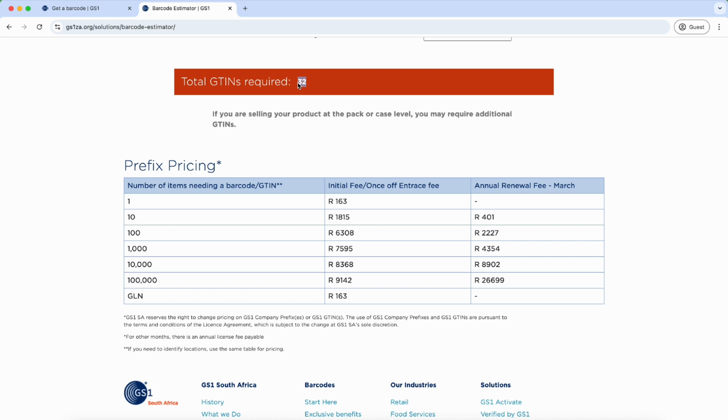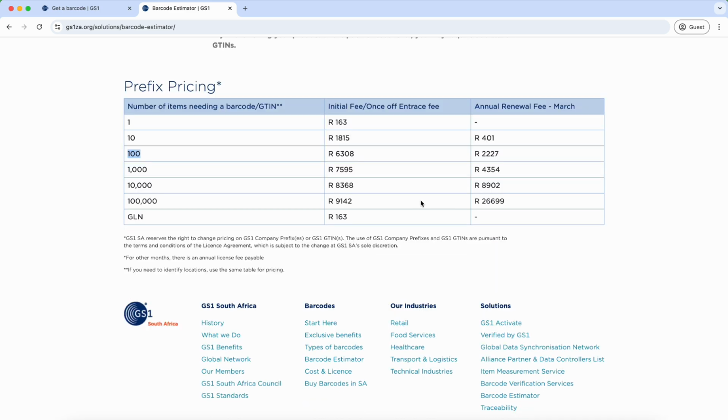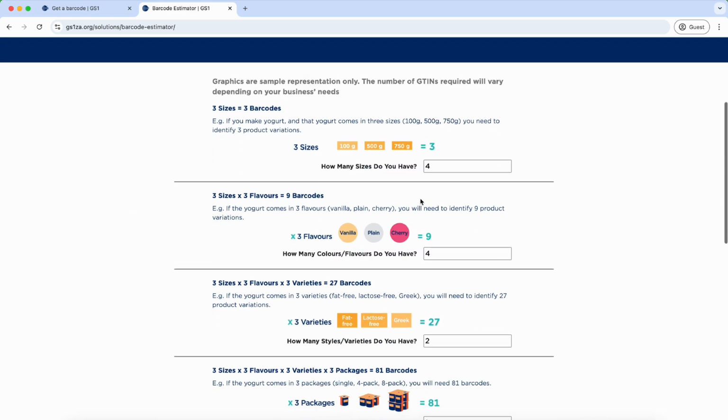You just don't have to buy again and again. So yeah, it's easy, but it also depends on you. In my case, I'm just willing to buy this 100 GTIN barcode plan. Okay, so now we know how many barcodes we are going to need, and now we can go to